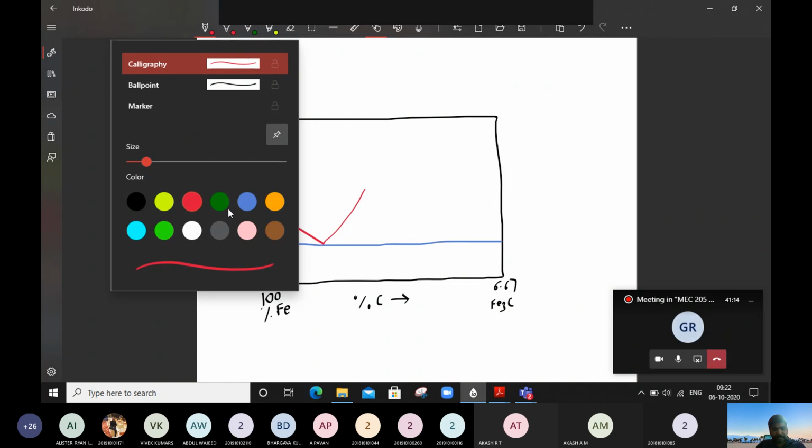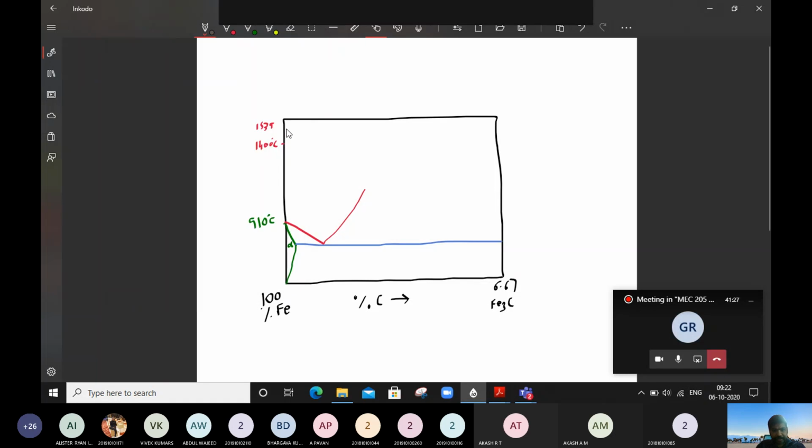This is very easy to understand, but you have to practice this a lot of times so that you become very comfortable with it. Let me take this color. So here we have this delta iron, and the maximum composition is 0.1. Okay, so this is the maximum composition, that is 0.1. Here this is 0.02, and this is the delta iron. Let me write it with delta. This is nothing but delta iron.